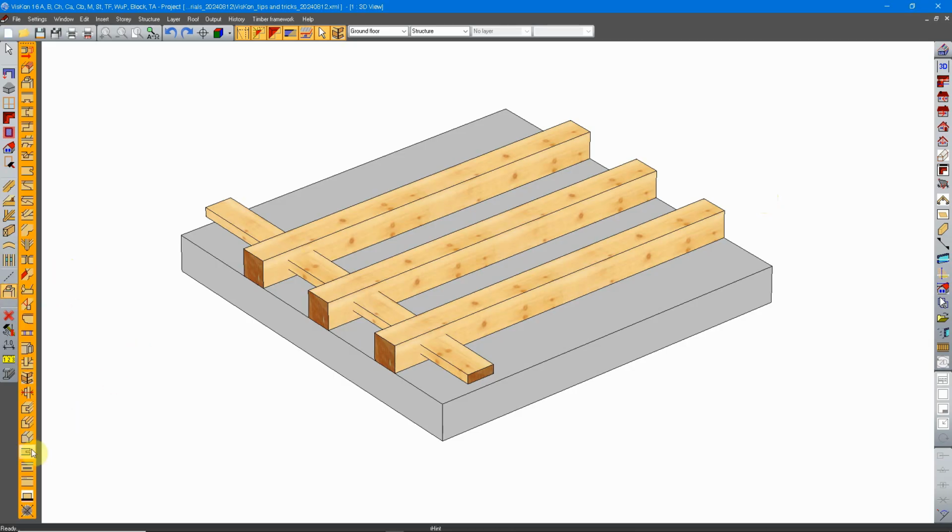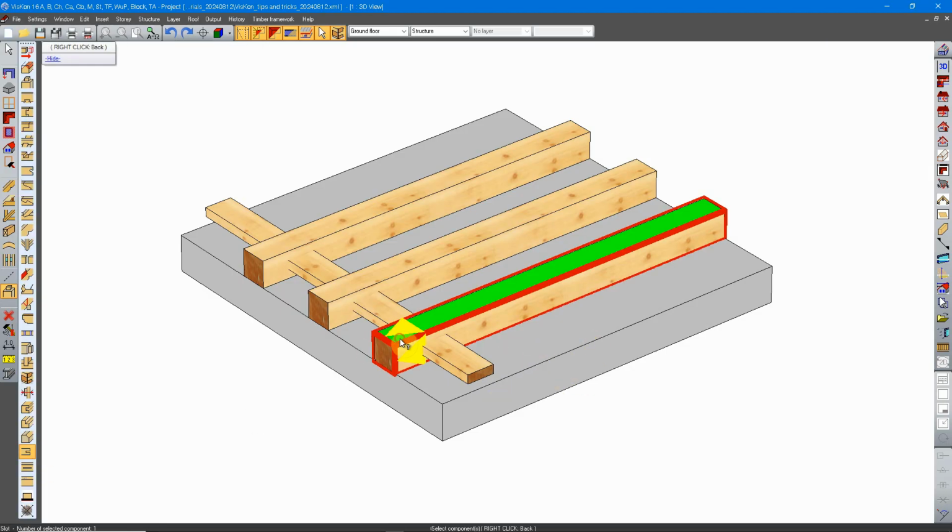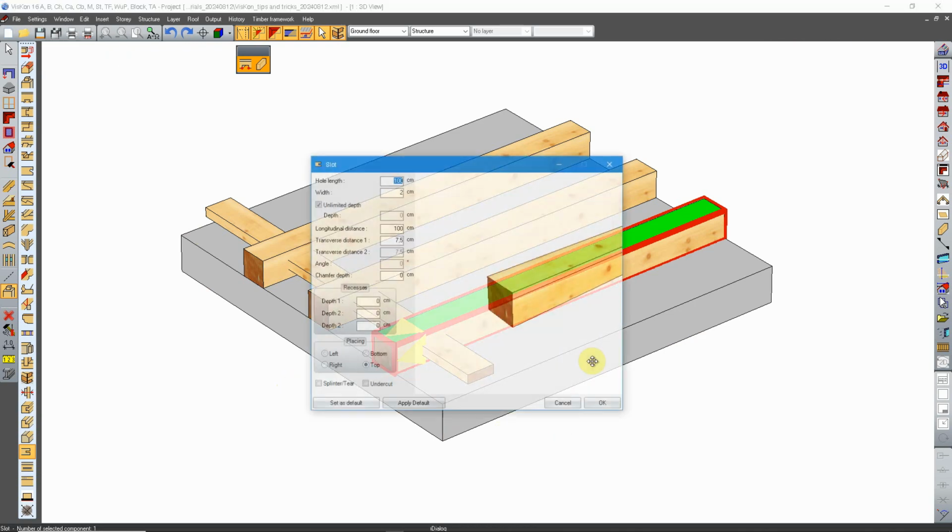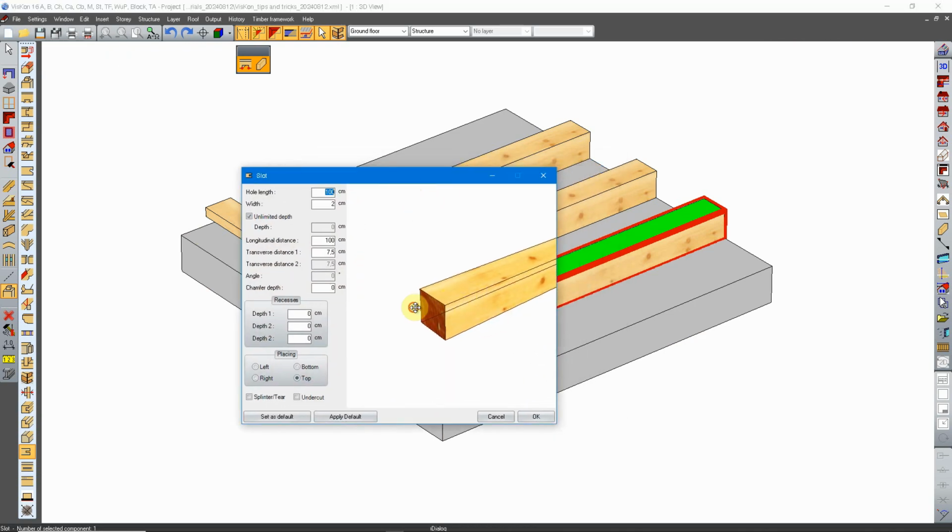If you want to make a single slot in your 3D elements, you can use the slot command in the Machineworks tab. Clicking on this command, you have to select one of your components, and first things first, we will use the easy method. Click again, and now you have the options window where you can define the length of